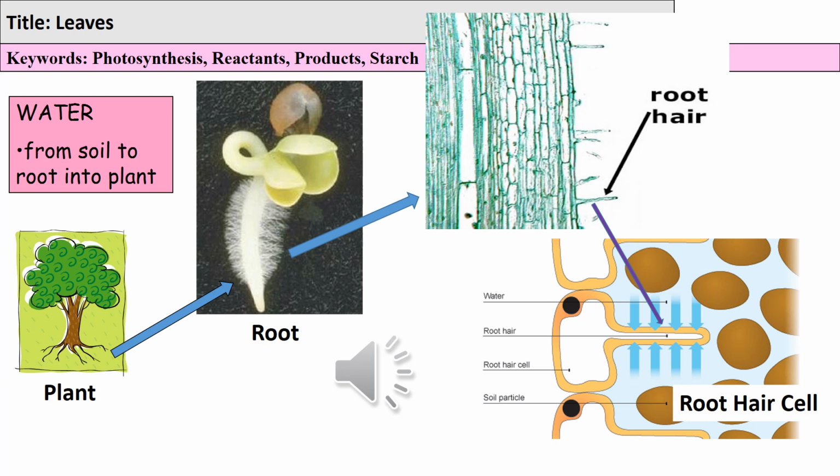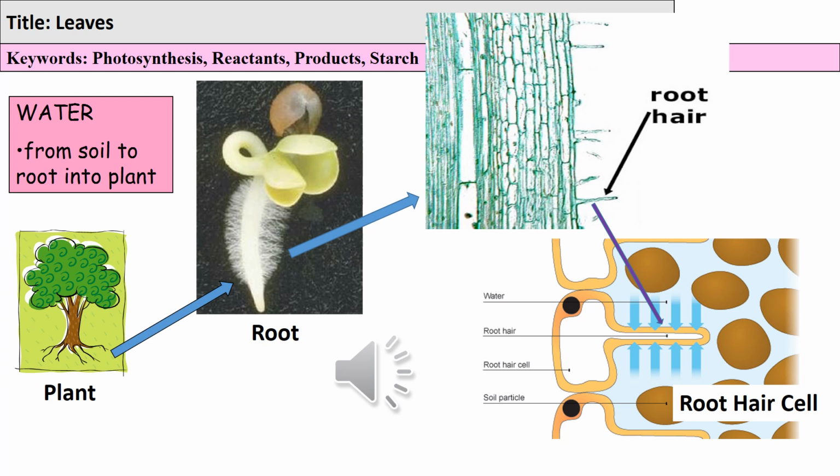You can see the structure poking out the side. That gives it a very large surface area to enable it to be in contact with as much of the soil as possible, therefore absorbing as much water as possible. Once the water is inside the hair cell, it diffuses into the xylem cells. So if you look at the microscope, you can see there is almost like a tube-like structure running the whole way through this image. That carries the water like a straw right up through the plant